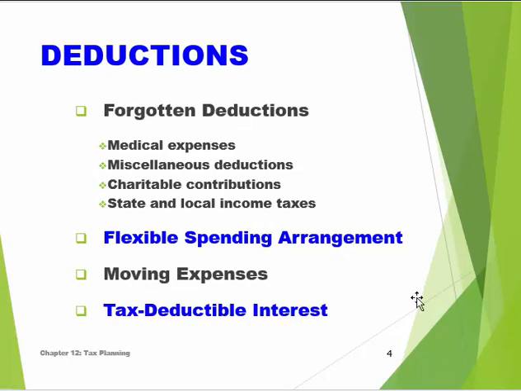What about deductions? There are a lot of deductions that people, quite frankly, forget. They forget about medical expenses. The actual rule is, if I'm not mistaken, you can only deduct anything over 5% of your AGI. So some people just say, well, I'm sure I'm not over 5%. I make too much money. 5% is too high of a number. But from time to time, you actually have more than that 5%. And the point is, once you add all of these itemizable deductions together, you may exceed the standard deduction. So you don't want to forget any of these.